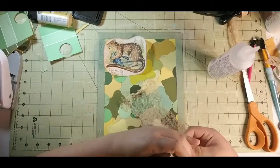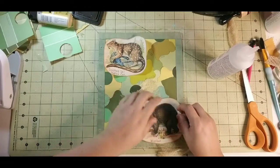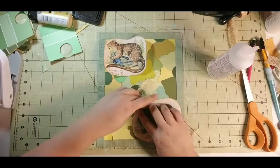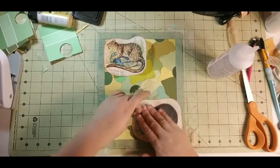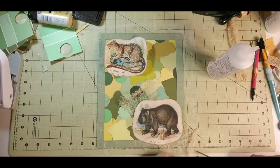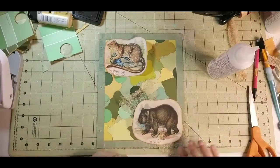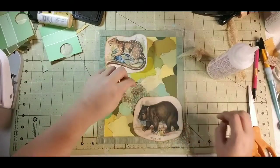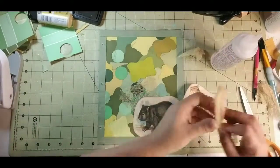Again, there's that overglue thing, which is why my fingers are always covered. And then I'm going to put my little wombat down here. Okay. And I can trim my little edge down, but I'm going to leave a little bit out of there because I like that. And this up here doesn't really bother me. So up here with my other one,